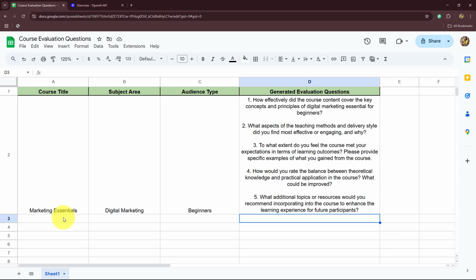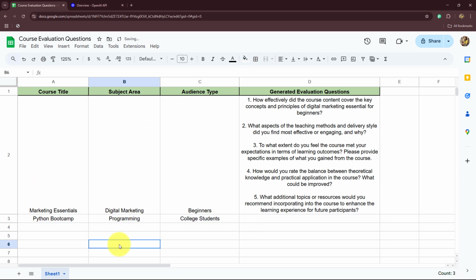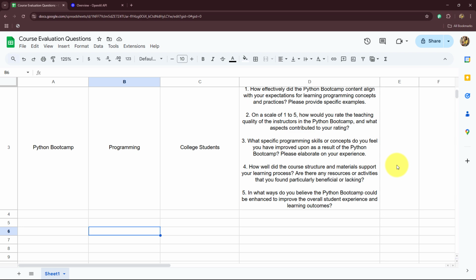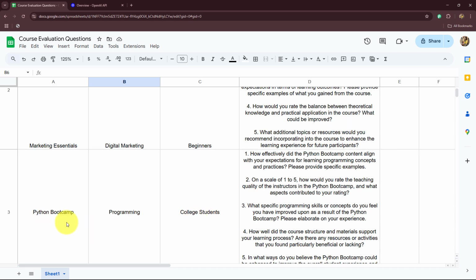So before moving forward towards learning how to create this automation by ourselves, first of all, let me show you how it is actually going to work in real time. So I'm going to add a new row over here in front of you. As I've added a new row with new course title, subject area as programming and audience type as college students, you can see that the course evaluation questions are generated according to these details and are added over here automatically